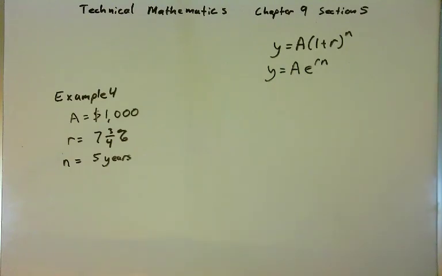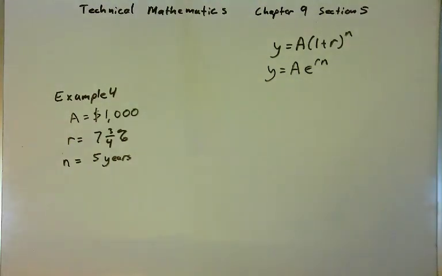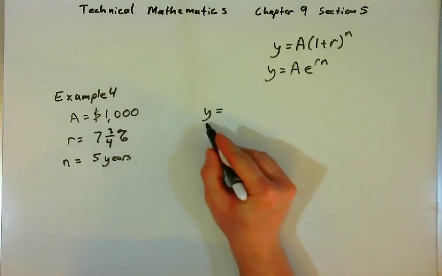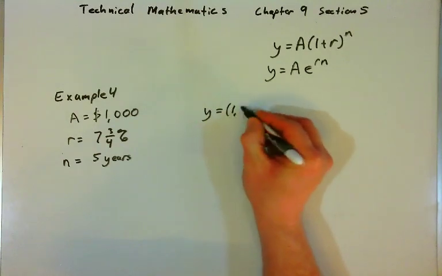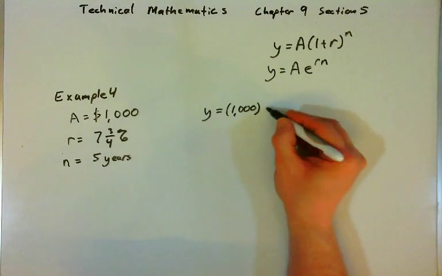So example 4 says that Joan invests $1,000 at 7.75% compounded continuously. So the compounded continuously tells us that we want to use this new formula. How much money will she have in the account after 5 years? And so we'll plug these numbers into the formula. Y, that's the amount that she'll have after 5 years, will be equal to 1,000, which is the original amount,